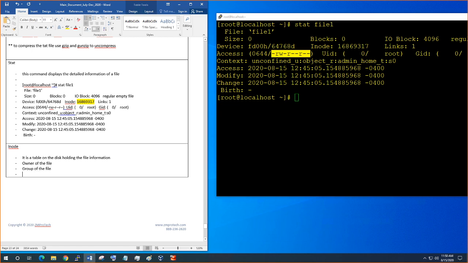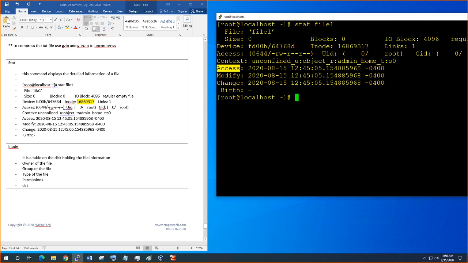Okay, and the type of the file, okay, and the permissions, and date and time that file was modified. Okay, so we have the timestamp here,